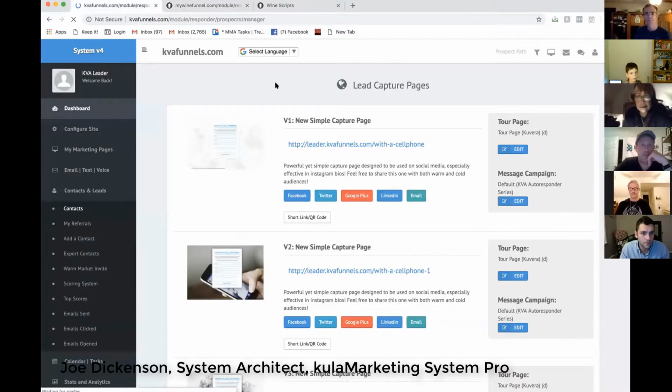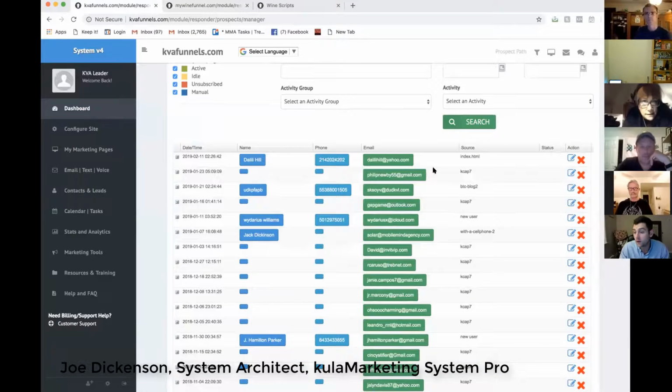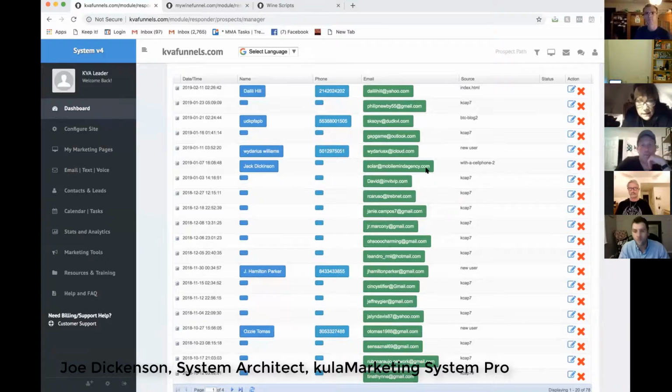Contacts and leads. So as you guys generate leads through these pages that we're going to build and deploy, you don't need to go get a ClickFunnels account. You don't need to go buy a Lead Pages account. You don't need to go do any of that. It's all going to be literally right here, all in-house. So you can start generating leads, having emails that are compliant already going out for you. You can have all of these things happening.